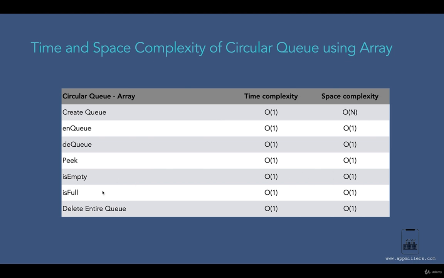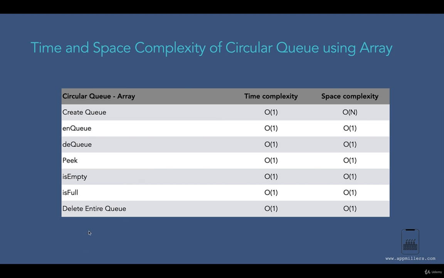Now the next method is the isFull method. As we mentioned before, the isFull method is different from the linear queue. In this case, we have to have some more conditions. Based on the top of queue and the beginning of queue, we are identifying these conditions that we have explained in our previous lecture. Here also, we are not performing any space consuming operation or any time consuming operation. That's why space and time complexity is O(1), because here we are just returning the Boolean values based on the conditions that we have in our circular queue.